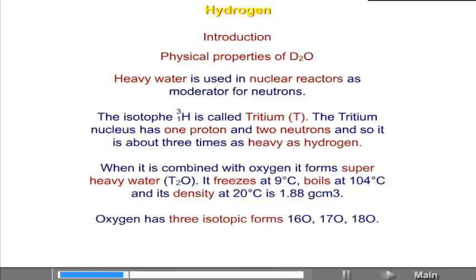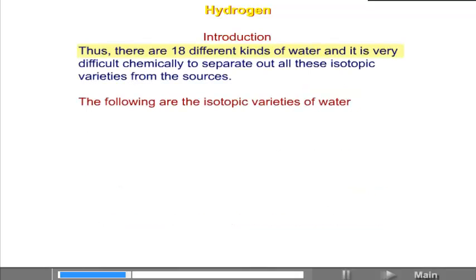Oxygen has three isotopic forms: O16, O17 and O18. Thus, there are 18 different kinds of water, and it is very difficult chemically to separate out all these isotopic varieties from the sources. The following are the isotopic varieties of water: